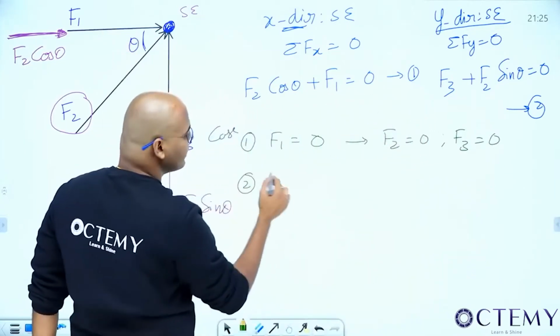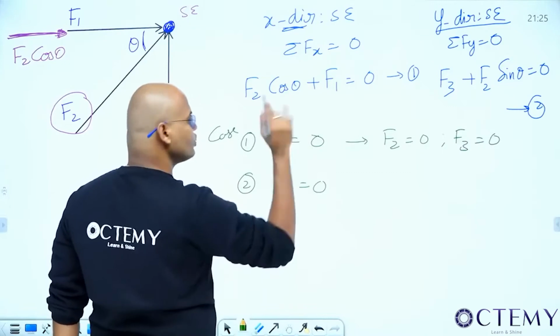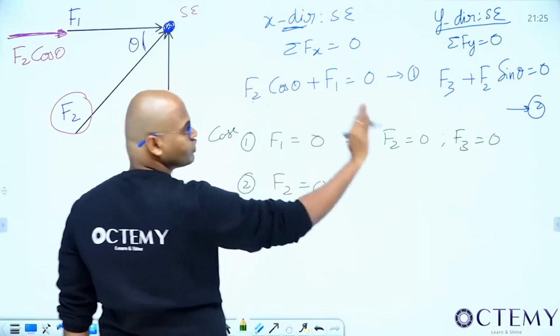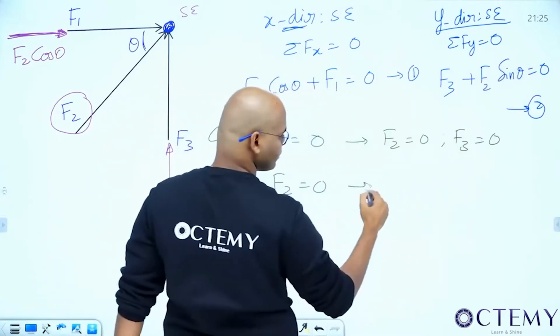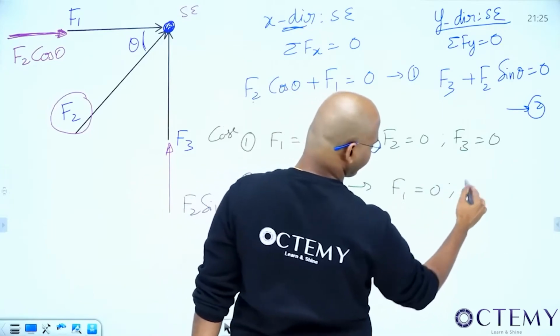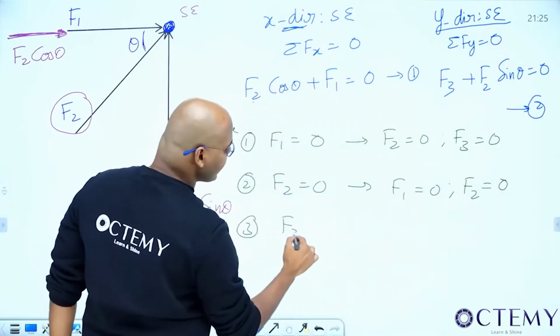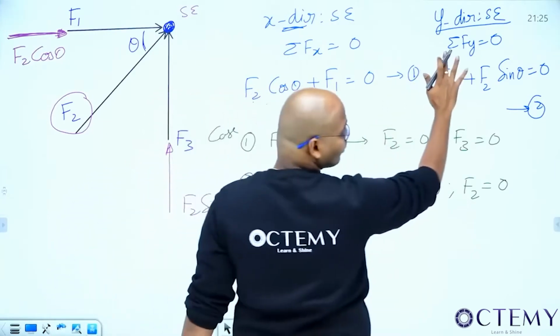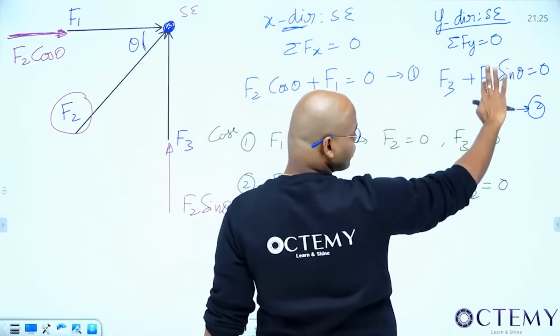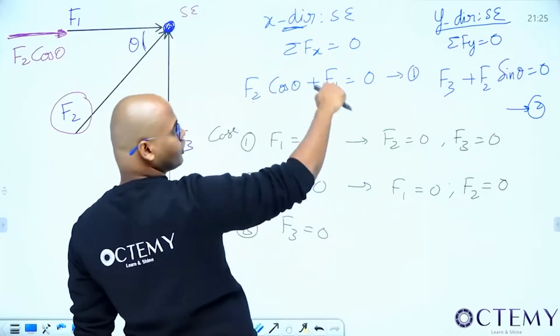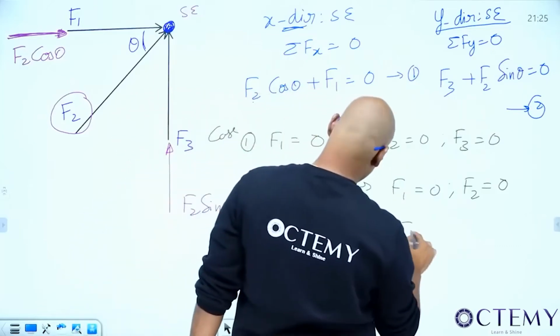Next, case 2. I'm making F2 0. So what will happen if this is 0? F1 is 0. F3 is also 0. Okay. Next, third case. If I make F3 0, that means sin theta is not 0, so F2 is 0. If F2 is 0, then F1 is 0. That means